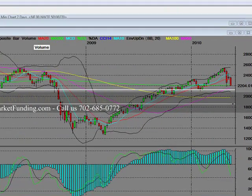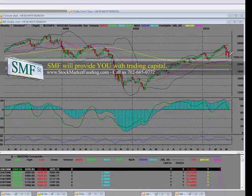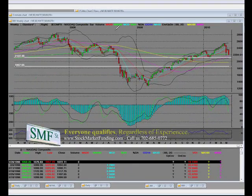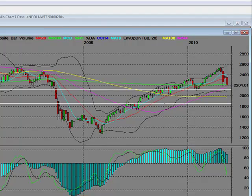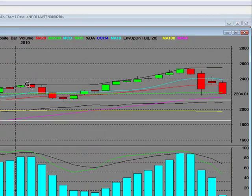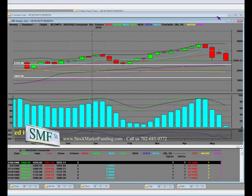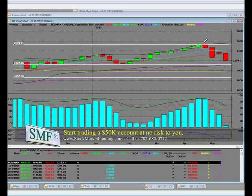For the people that weren't here in the morning, or aren't here in the afternoon, maybe you'll see it on the evening one. Anyways, this is the Nasdaq comp. StockMarketFunding.com is proud to pronounce to you that this year's move right here is where we had that long tooth up. And when we were telling people on the Nasdaq comp, we had shorting this up here,